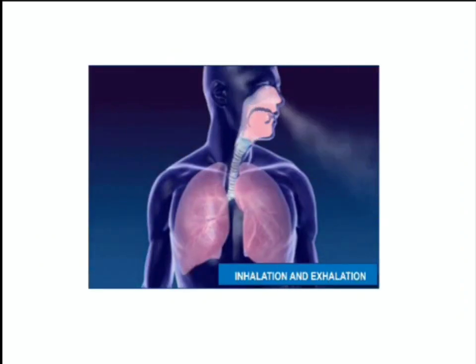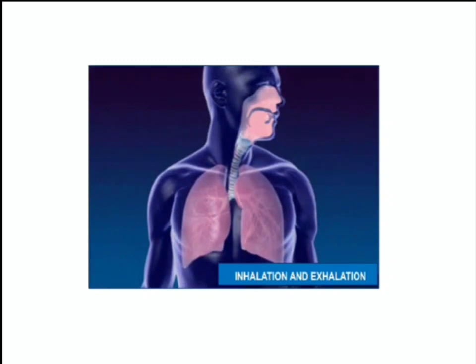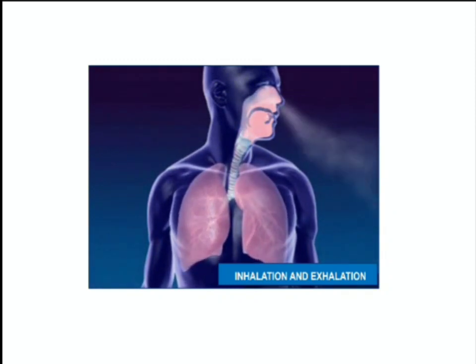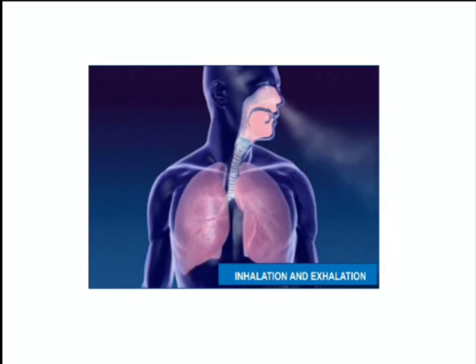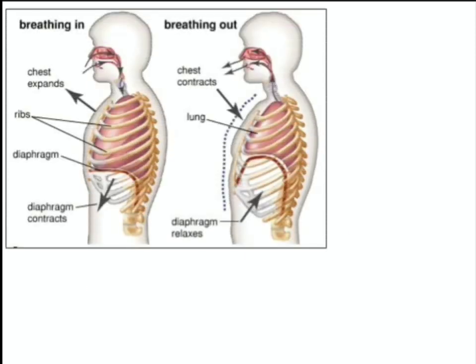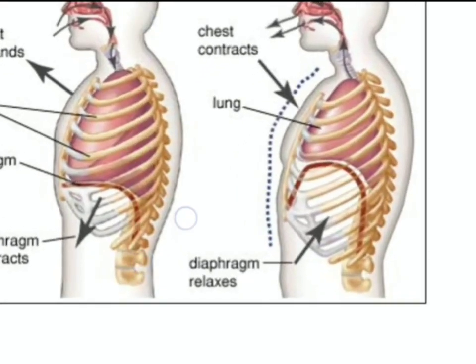Now moving on to inhalation and exhalation. So this is how our body inhales and exhales. In inhalation, the lungs are expanding, and in exhalation, the lungs are contracting like this. So you can see in this particular file, inhalation then exhalation, like this. Okay, so how does this happen basically, what is the principle behind it? So this is our respiratory system in detail.